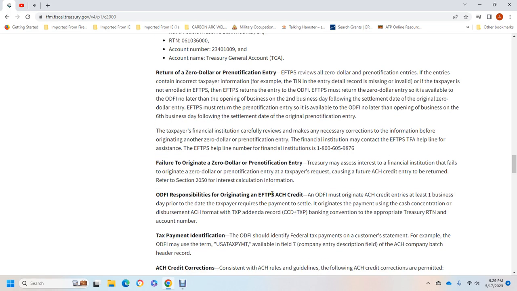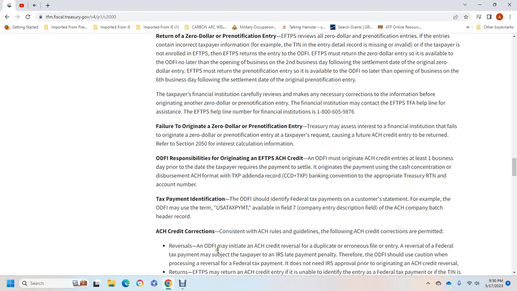The ODFI's responsibility is to originate automatic clearinghouse credits with the electronic federal tax-paying system. The ODFI must originate automatic clearinghouse credit entries at least 1 business day prior to the day the taxpayer requires for the payment's settlement, originating the payment using the cash concentration disbursement automatic clearinghouse format. The TXP addendum record contains the appropriate treasury routing number, tracing number, account number, and taxpayer identification. The ODFI should identify the federal tax payment on the customer statement. For example, the ODFI may use the USA tax payment in field 7 of the automatic clearinghouse company